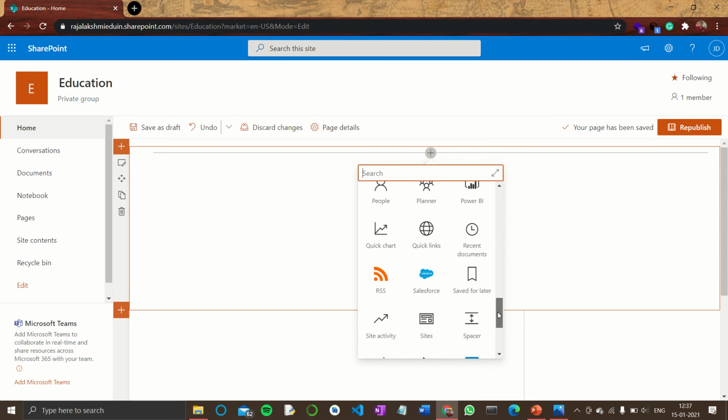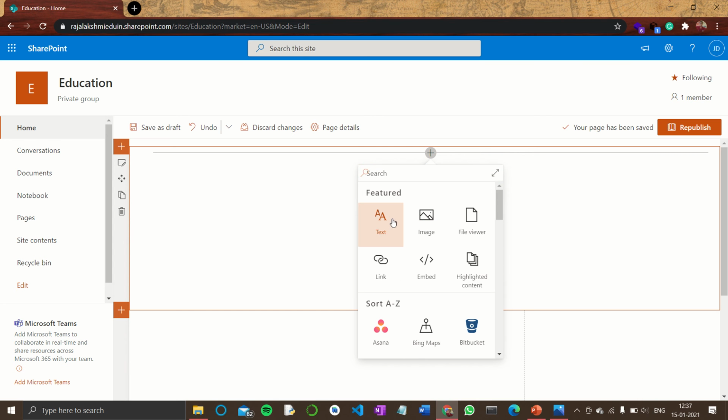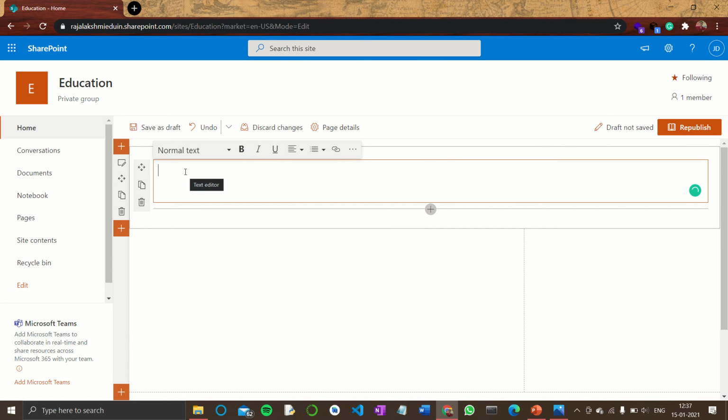To add components to this particular section, click on this add icon. Here you can add many kinds of components. First, let us go with text. In text, you can add whatever kind of text you need to display on your website. Since it is a sample website, I'm not giving much concentration to this.